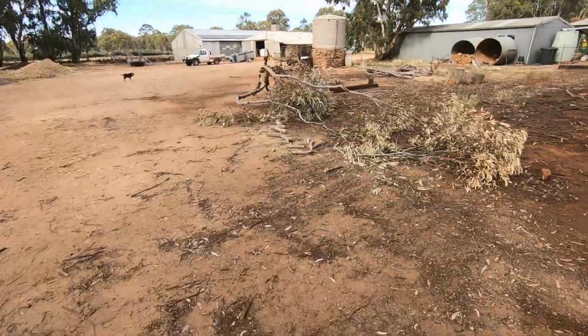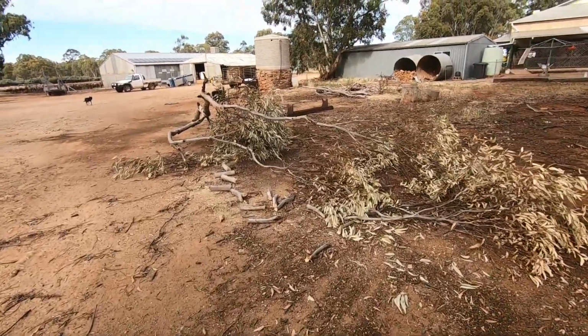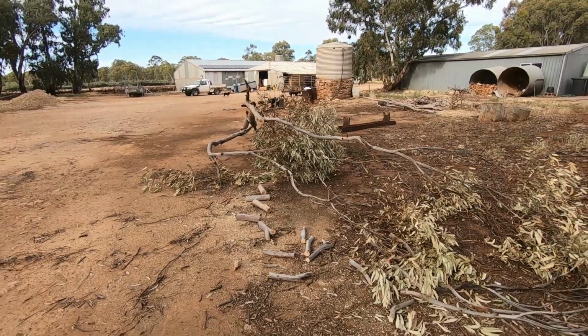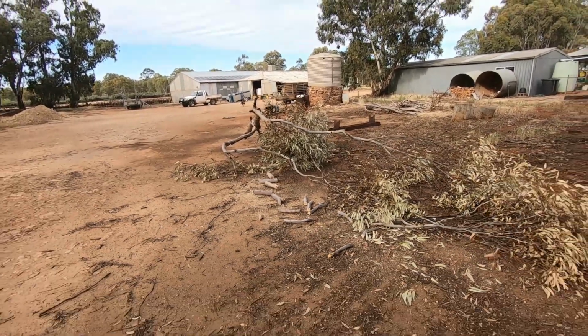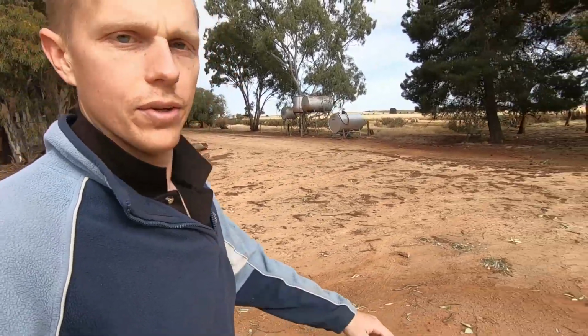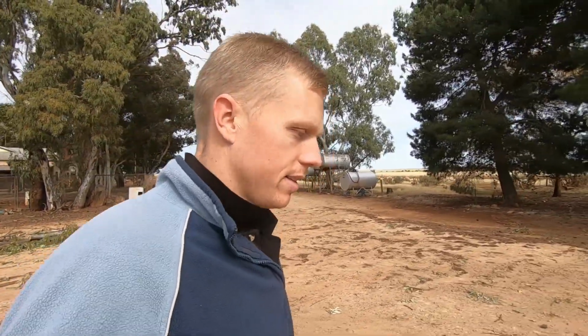We also had another one fall down, and that fell directly between a couple of the dog yards too, so very, very lucky not to have done any more damage. But that storm, that was an absolute doozy of a storm. We were forecast to get 1 to 2 millimetres of rain on Saturday, and she came through and dumped about 35 millimetres in about 30 minutes. There was water running everywhere, trees down,